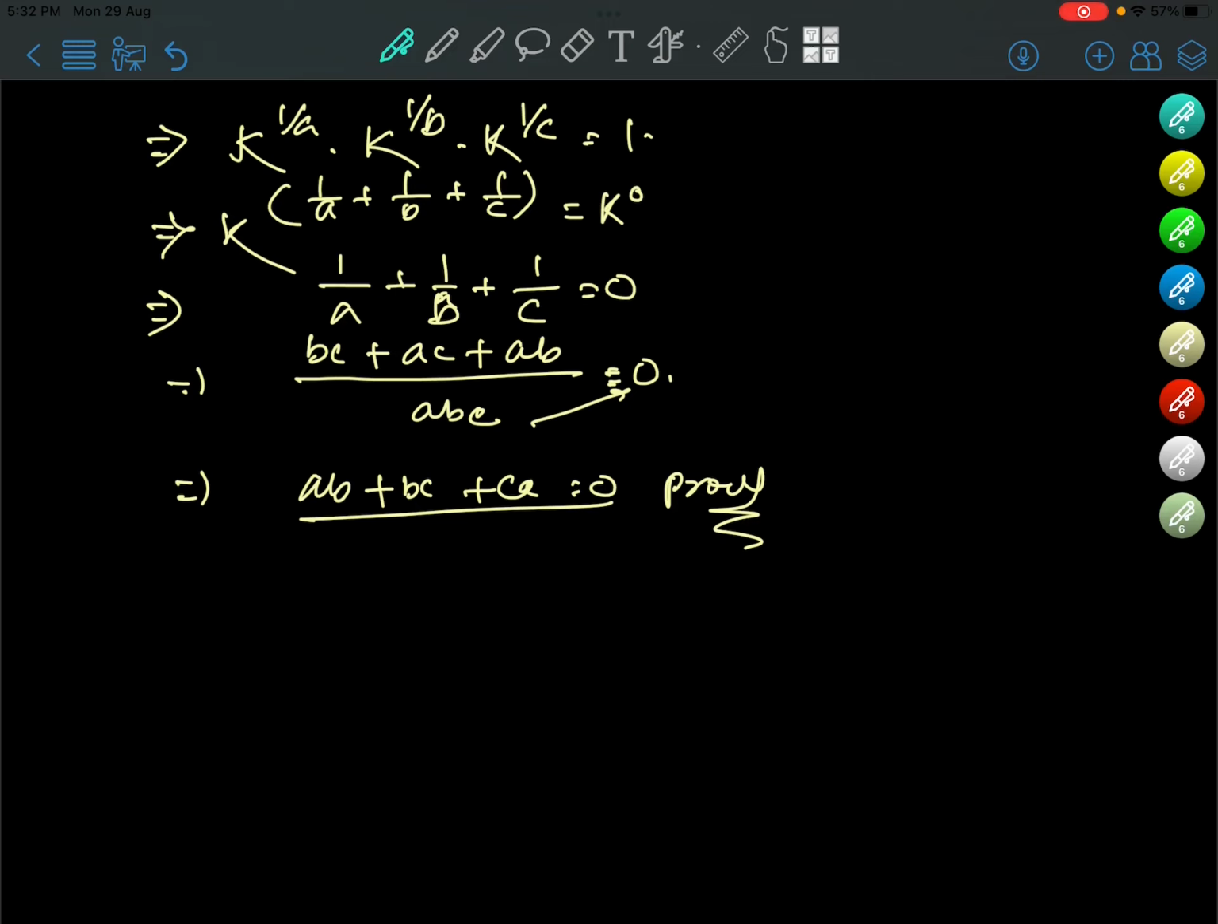So what is the next problem? The next problem is: if 2^x = 3^y = 12^z, then prove that